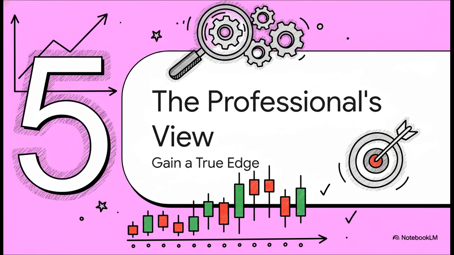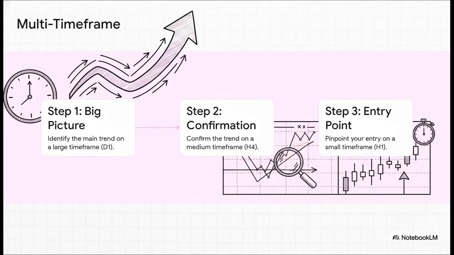All right, so once you've found your primary time frame, your home base, you can take your trading to a whole other level with a technique that pretty much every single professional trader uses. This is how you really get an edge. It's called Multi-Timeframe Analysis, and it sounds way more complex than it really is. All you do is start big. You look at a large time frame like the daily chart to see the main overall trend. Then you zoom into a medium one, like the 4-hour, to confirm that trend is still intact. And finally, you zoom in one last time, maybe to the 1-hour chart, to find your perfect, precise entry point. It's all about making sure you're swimming with the current, not against it.